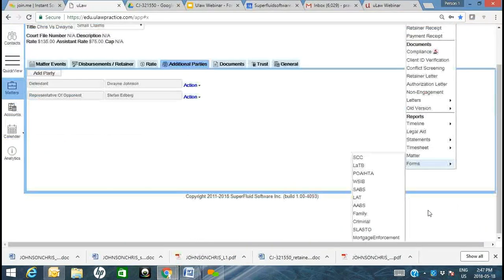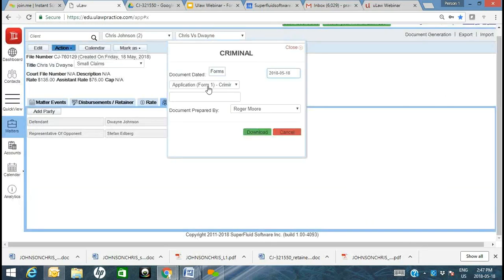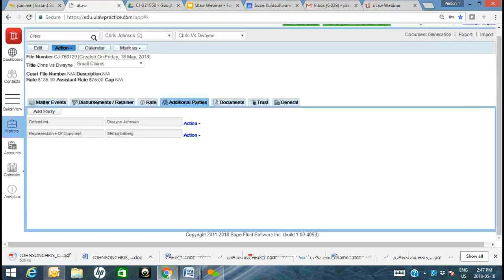Okay, so writer forms is where you have all these different silos. One of the most recent ones are family and criminal. So a form one is a very